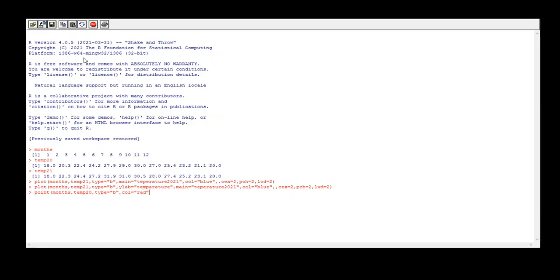So for year 2021 I have blue color, for year 2020 I am giving red color. So this is enough for the graph: two vectors, then type, and then color. The name of the function is points.